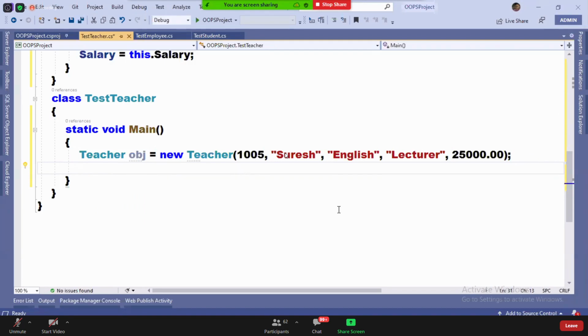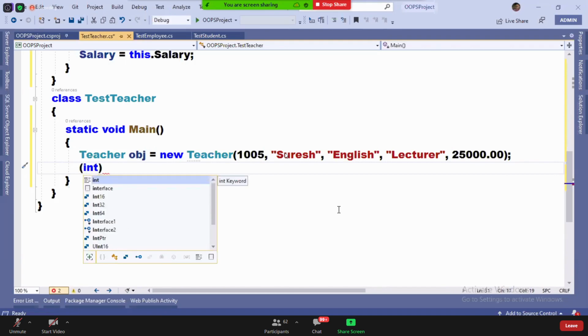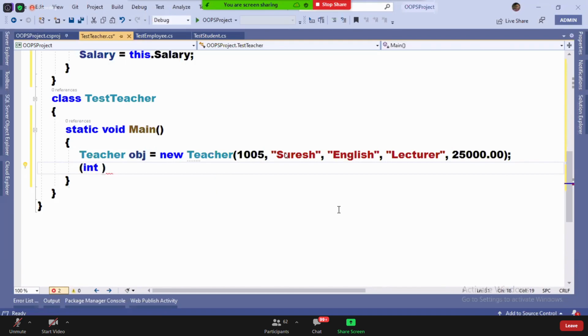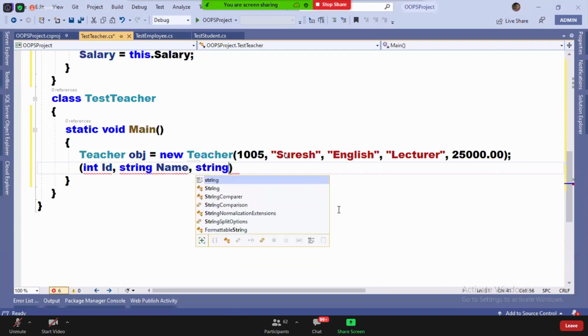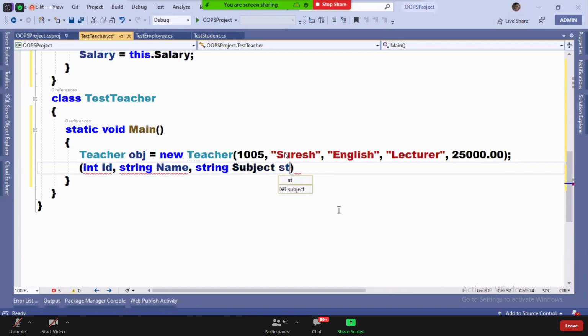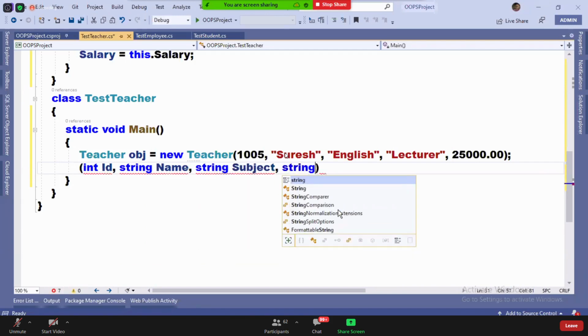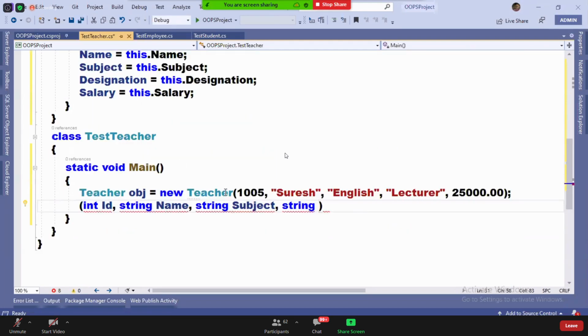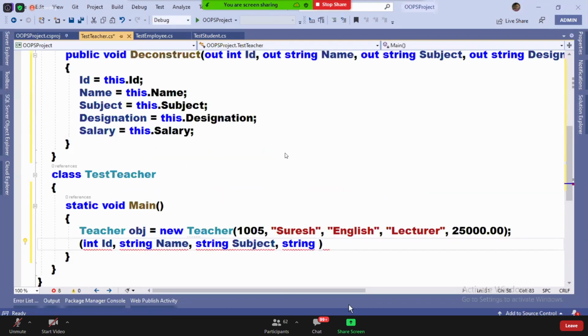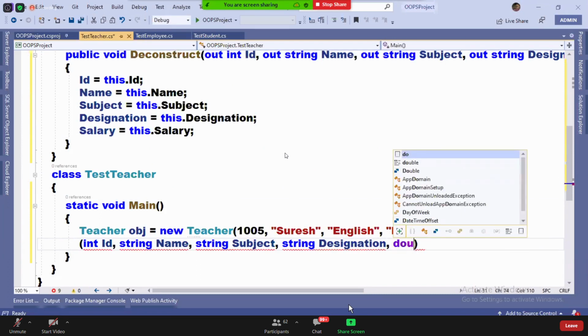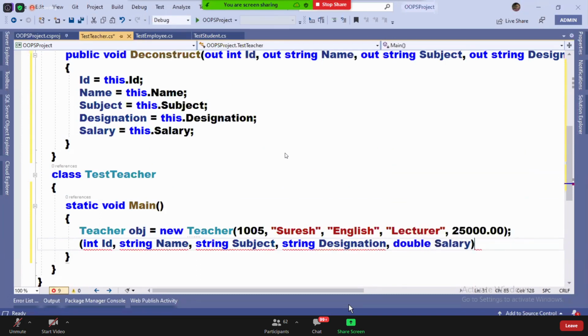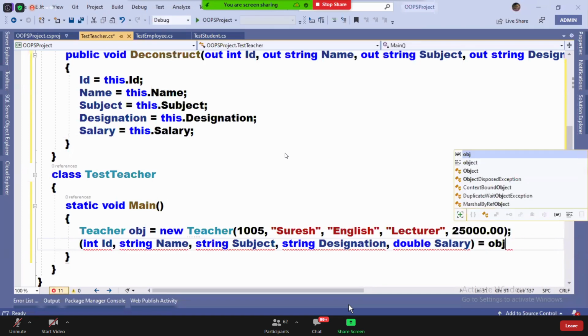How do you access the values? Watch it, guys. int ID, string name, string subject, string designation, double salary is equals to obj.